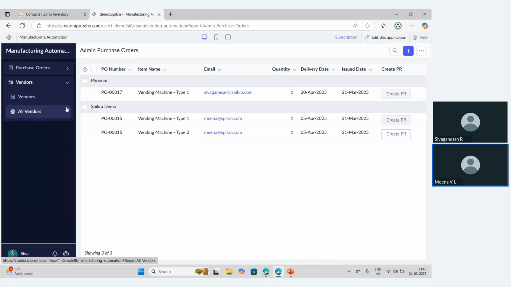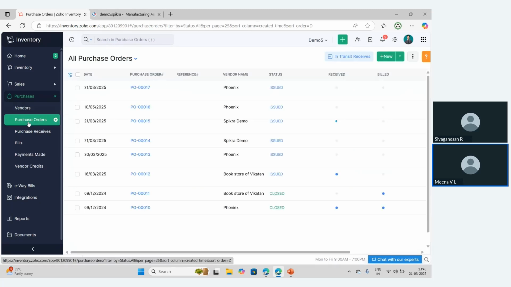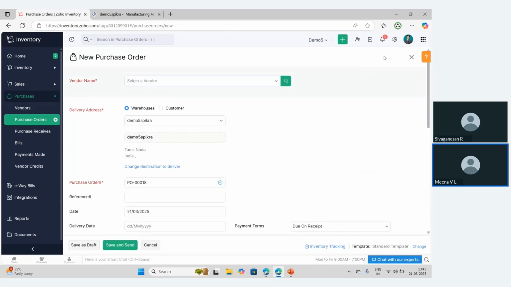Also, for the vendor portal that I mentioned previously, they would have been given access. For example, you could see the emails, right? These are the emails of the suppliers. To these emails, they would have been given access, and I will show you how it looks for the vendor when he logs in through the vendor portal also, right? So the first step would be vendor creation. As and when you create a vendor, they would have been given access to your vendor portal. Once you create a vendor, you will be creating the purchase orders, right? So now I'll create a purchase order.